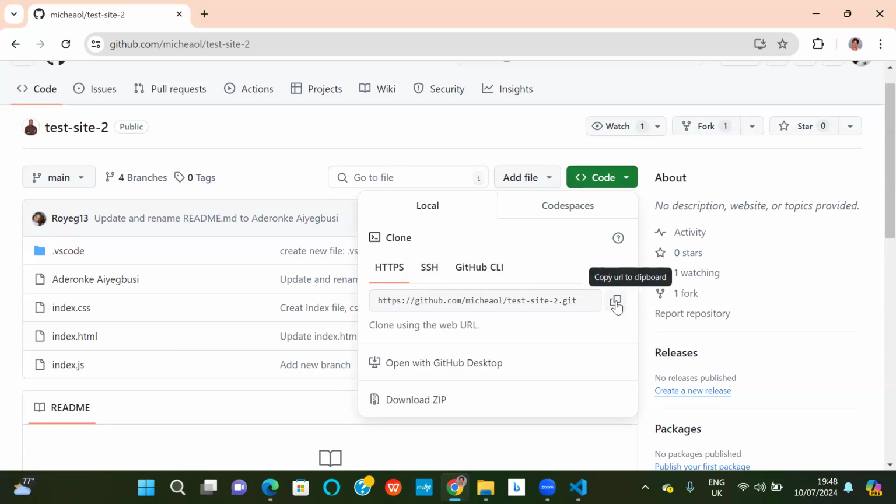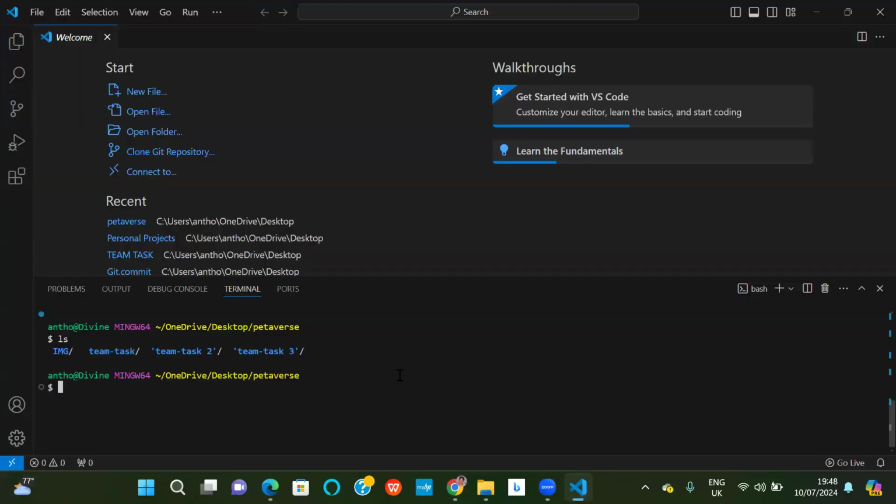Go back to your terminal. To get that project to your computer for you to work on it, type git clone, space, the address that you just copied.